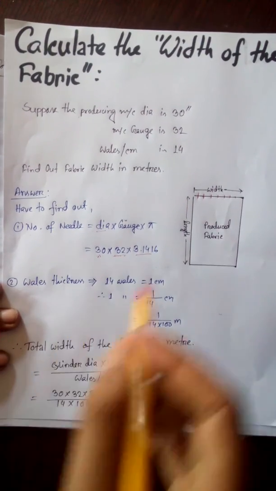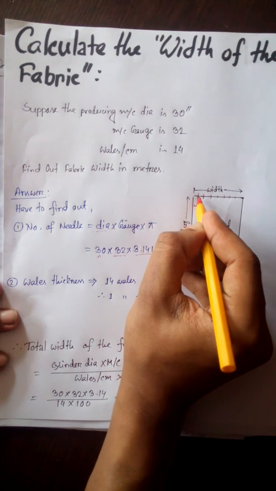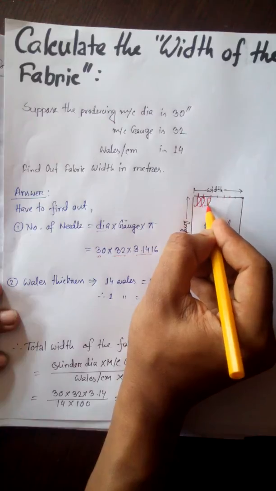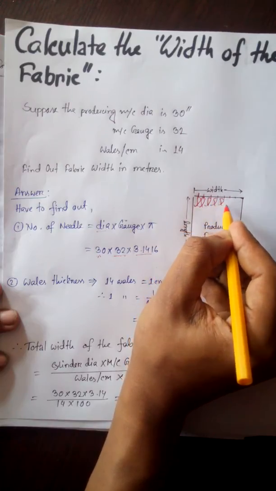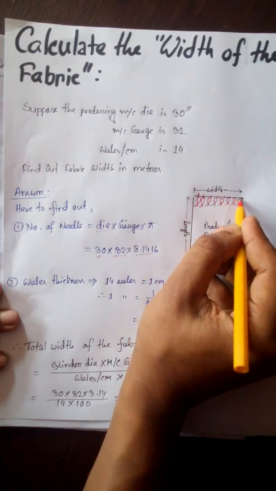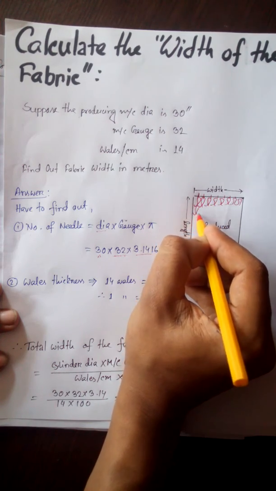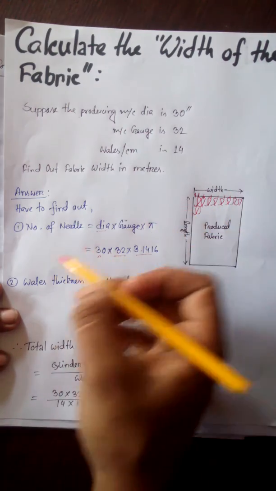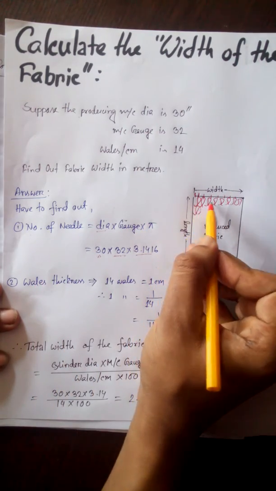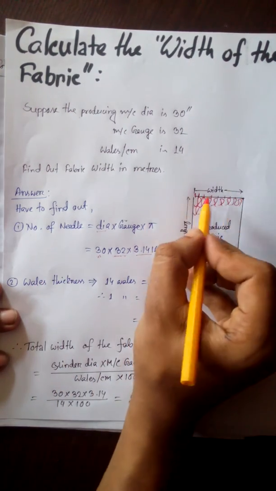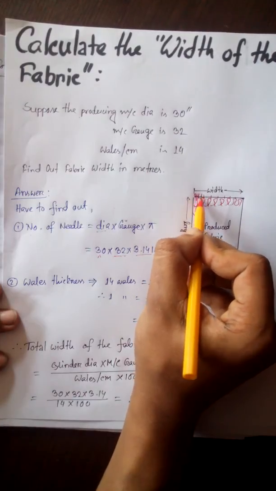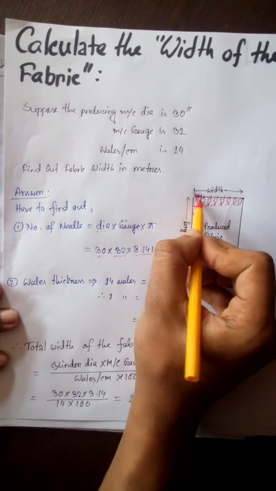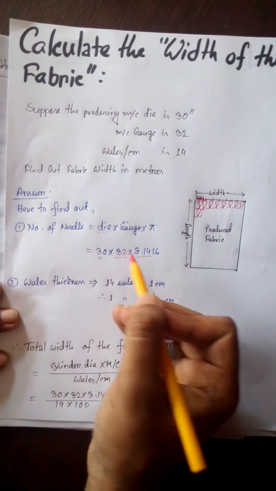Then, suppose this is one needle producing one walls, the second needle is producing the second walls, third needle is producing third, fourth, fifth, sixth, seventh. Every needle is producing one walls. So if we want to find out the total width, first we find out the needle, that means the total number of walls in the fabric. And if we are able to find out the thickness of one walls, and multiply the thickness of one walls with the number of walls or number of needles, then we will find the total